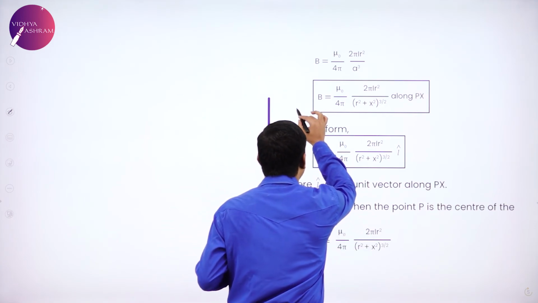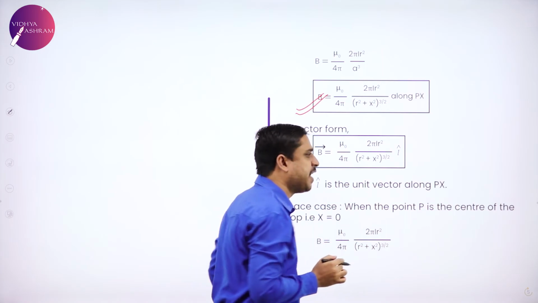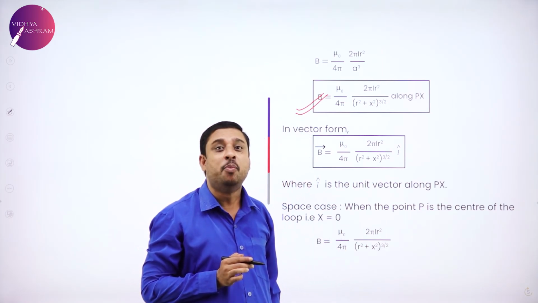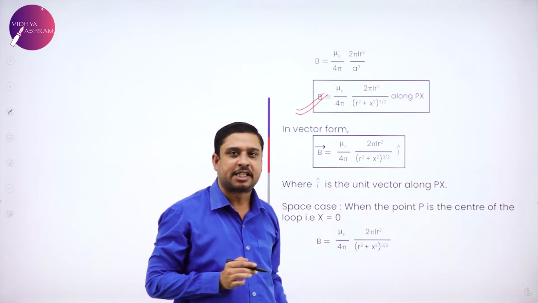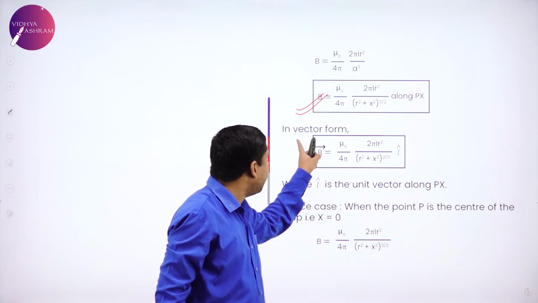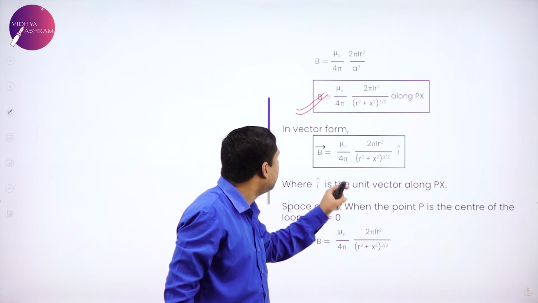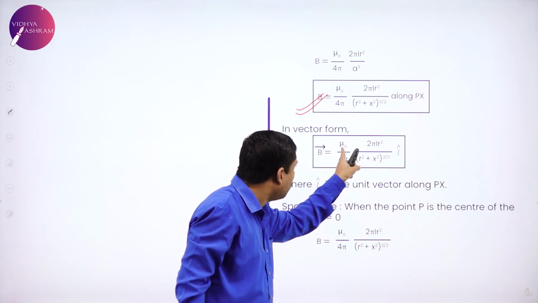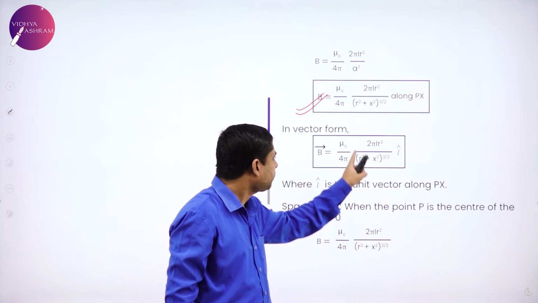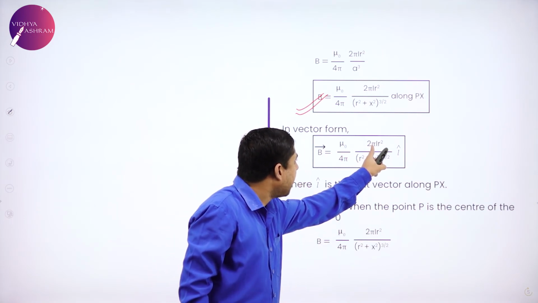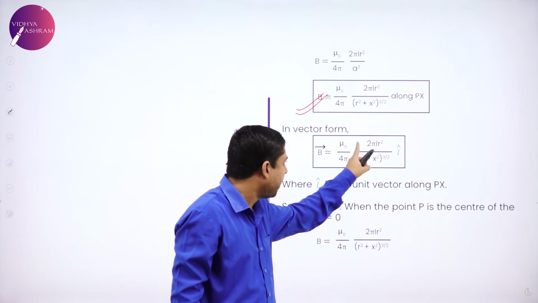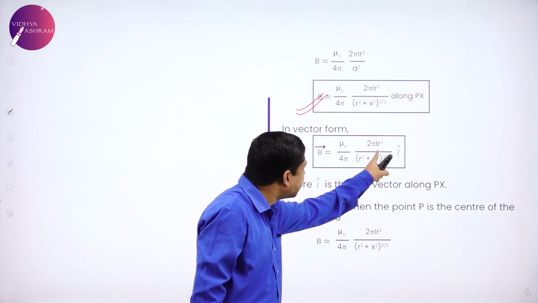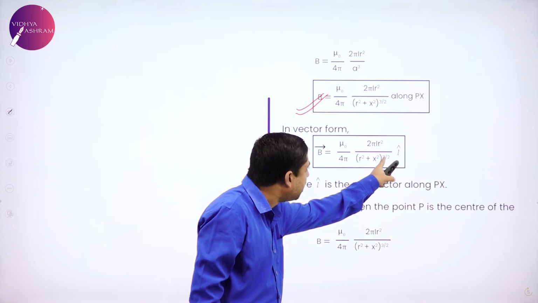This is a very conclusive expression. We work out quite a number of numericals based on this expression. And in vector form, vector B equals mu naught by 4 pi, 2 pi I r square divided by r square plus x square to the power 3 by 2,